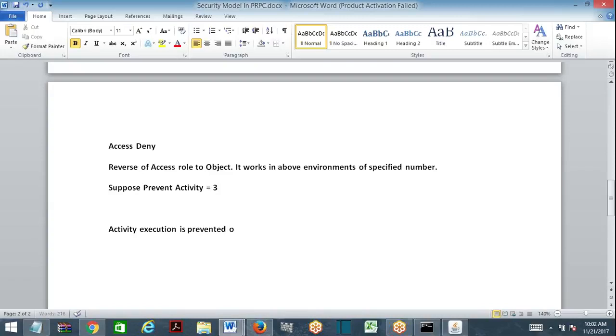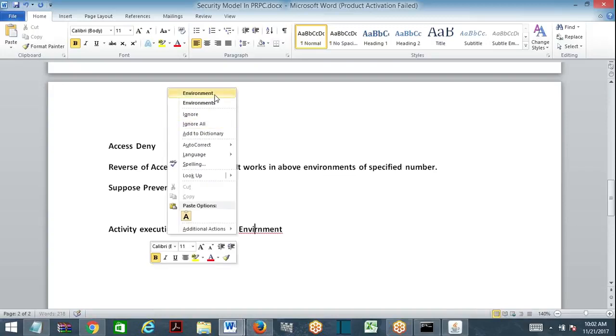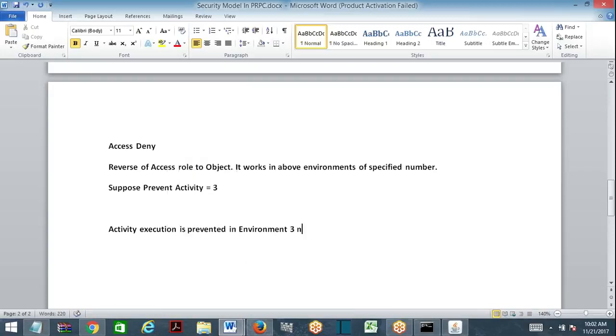In what environments is it prevented? Environment 3 and below, it is prevented. Higher environments you can access. Correct?